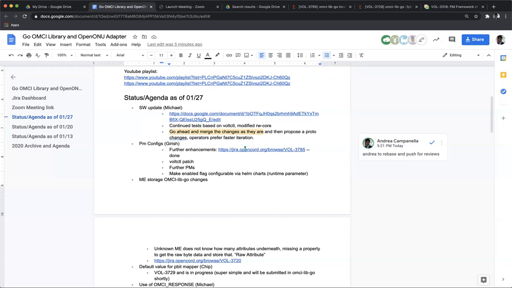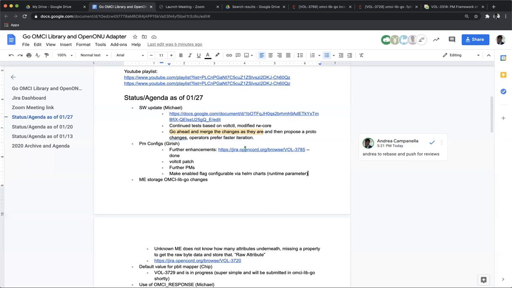There is a PM config in the device, and it overwrites it. So if you only send one parameter, then your PM config will be one parameter because it overwrites it. So it doesn't go and change. So there is no API on the northbound to change some specific parameters in the PM config.